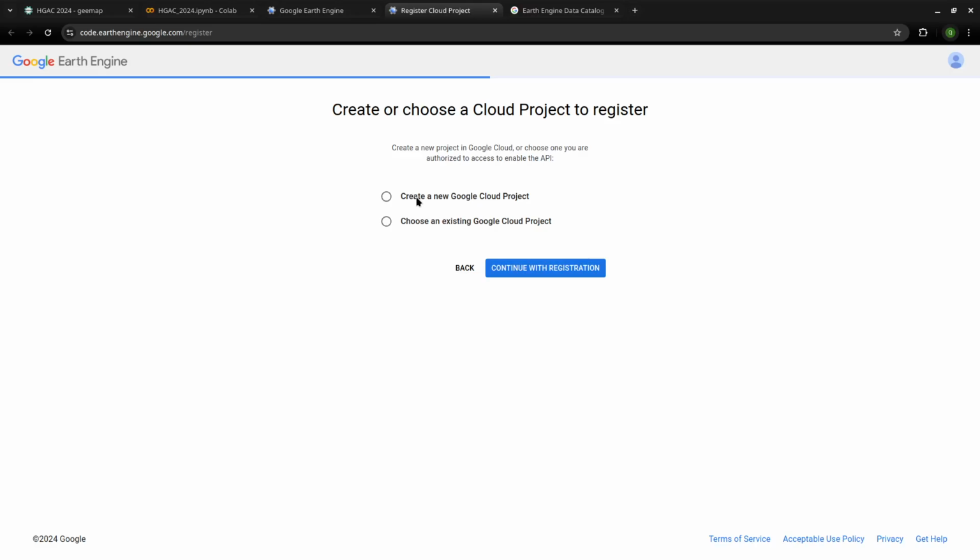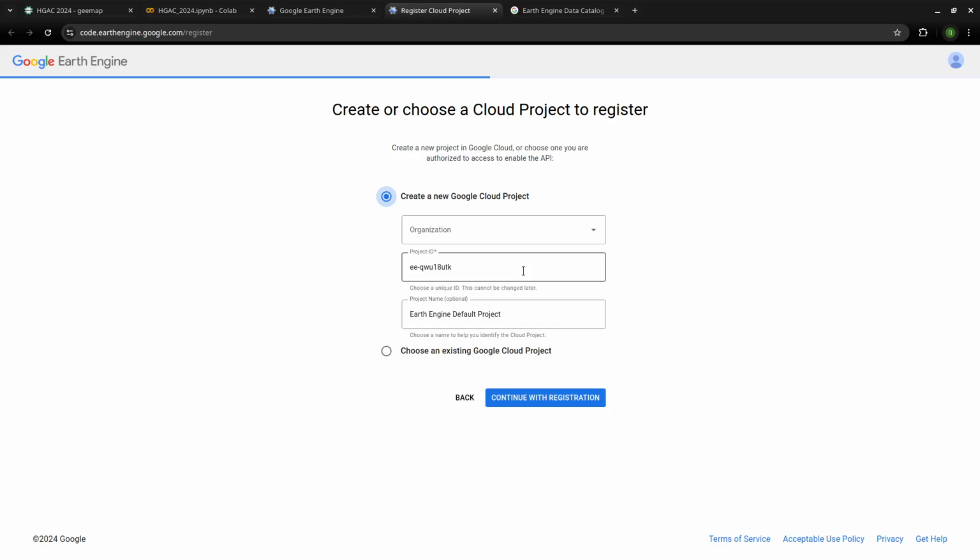So if you don't have a cloud project, if you're just new and you have created a new account, you might need to create a cloud project. For me, I'll just create a new cloud project. And by the way,